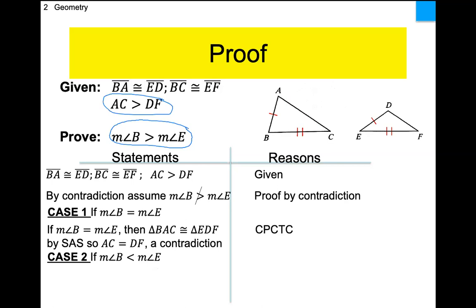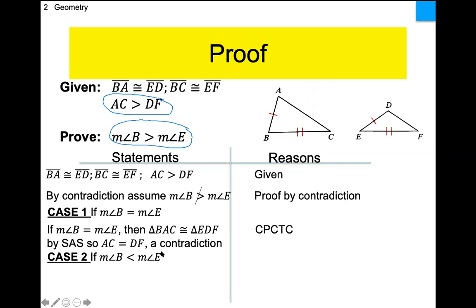The one that you just wrote down? Theorem 6.5. What does it say? It says that if two sides of one triangle are congruent to two sides of another triangle, and technically it says, but